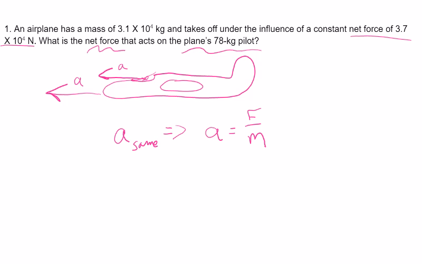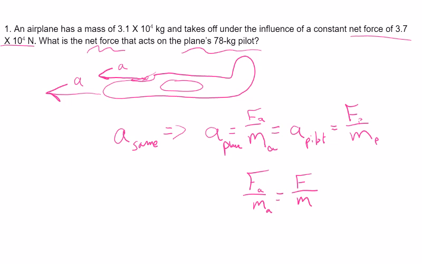And so the acceleration for the plane should equal the acceleration of the pilot, which would be their force divided by their mass. So this would be for the plane. I'll put A's on here for airplane. And this is pilot. So really what we can do is set up kind of a ratio of forces